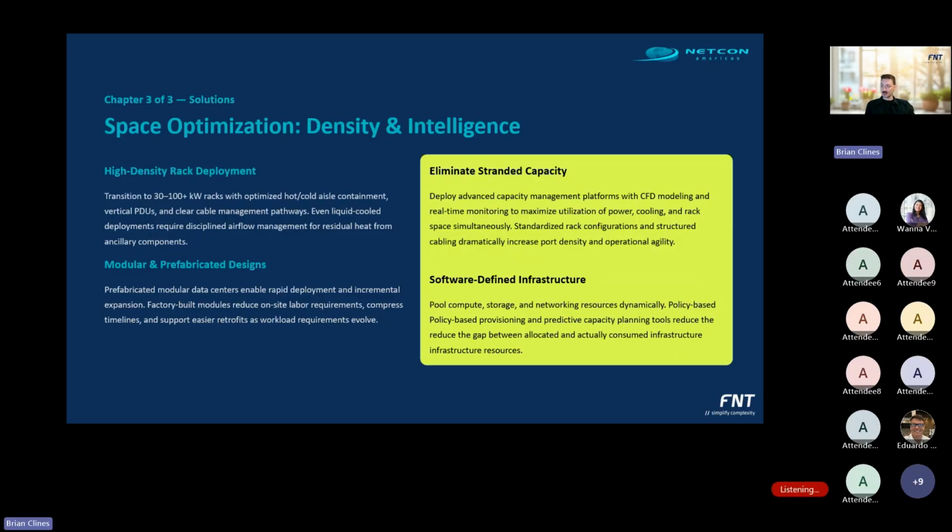The second move is modular prefabricated design. Factory-built modules replace on-site labor requirements, which, as we discussed, are in short supply. They compress deployment timelines and they support easier retrofits as workload requirements evolve. For operators who need to expand capacity quickly,